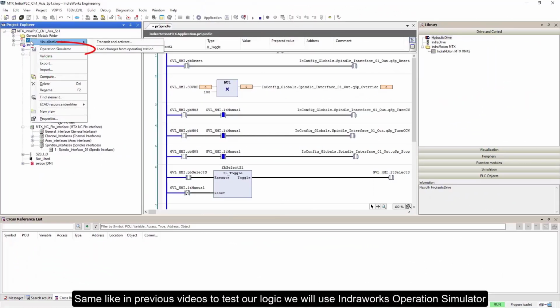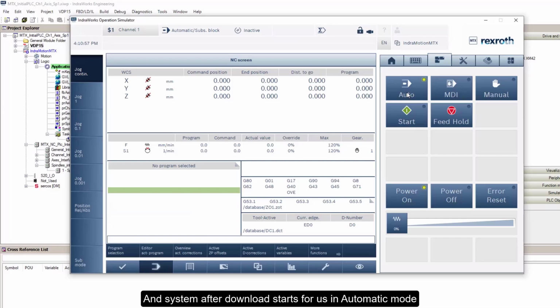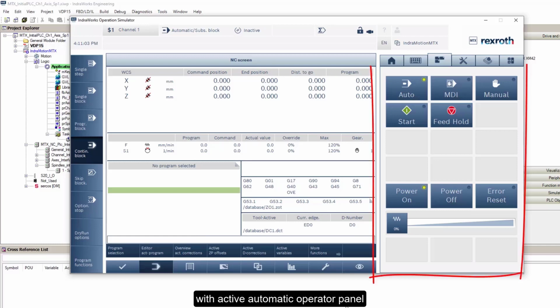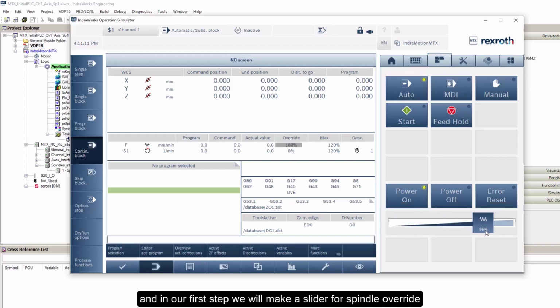Same like in previous videos, to test our logic, we'll use IndraWorks Operation Simulator. And system, after download, starts for us in automatic mode with active automatic operator panel. We can see here slider for feed rate override, and in our first step we'll make a slider for spindle override. So we switch our panel to edit mode